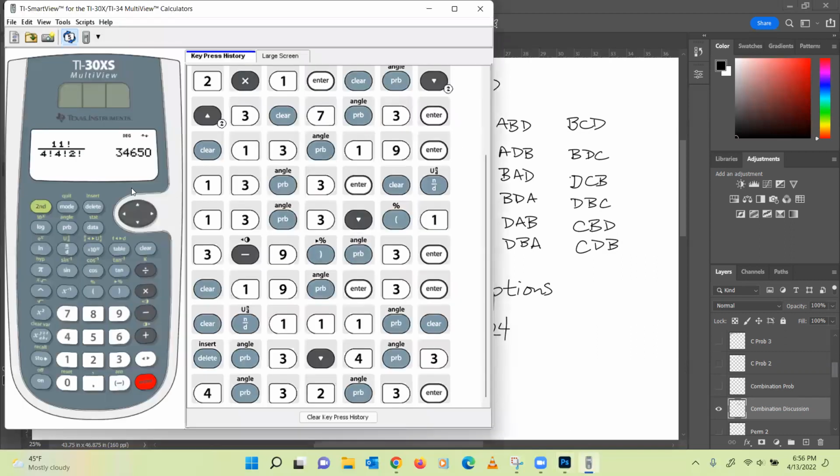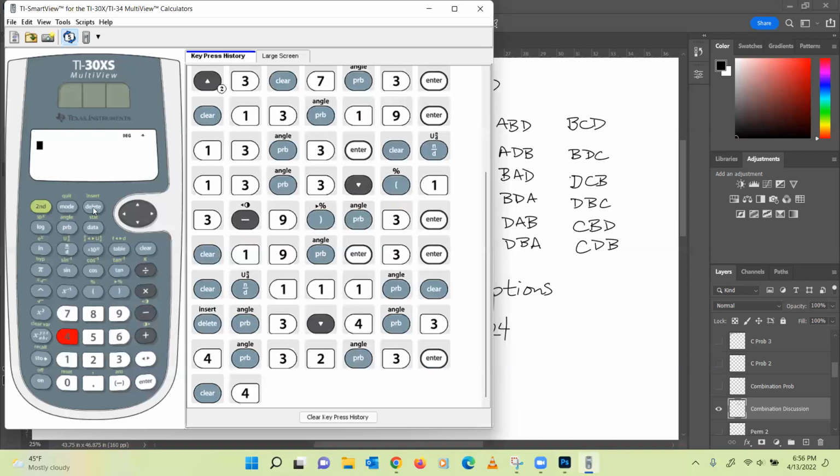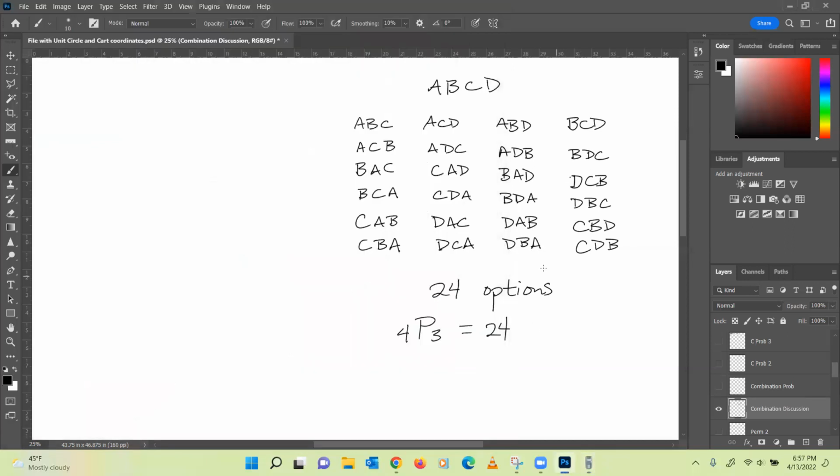Maybe we should take a look and make sure that's the case. nPr 3 gives us 24 options. Well, if I look at these in this column, if order didn't matter, then ABC is the same as ACB. I'm using the same 3 letters. And if order doesn't matter, then this whole column is basically one option, as is the next column. And so if order doesn't matter, we have to find some way to get this 24 reduced down to